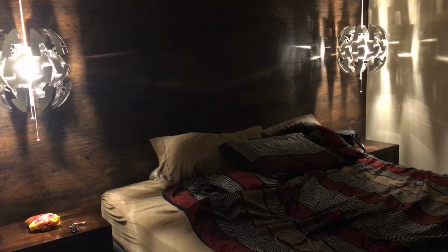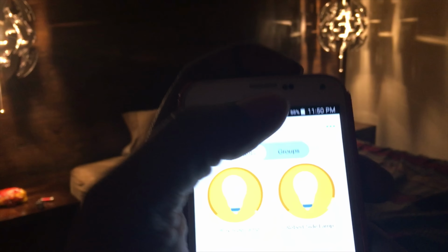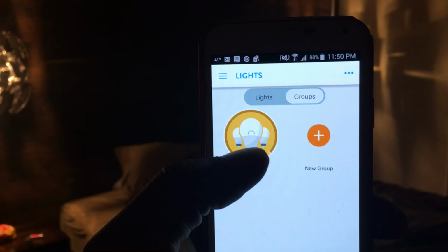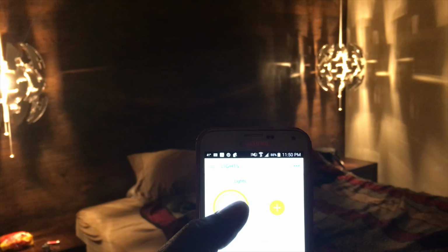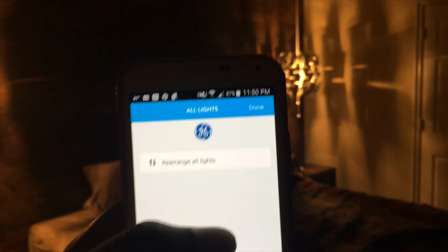And if you want to do both of them together, you just go to group. And you cut both of them off. And you see they both go off. Maybe not at the same time, but they both go off. Okay, come back on. If you want to do dimmer,